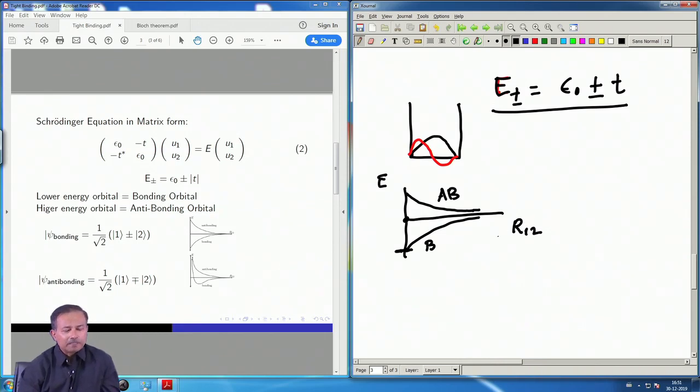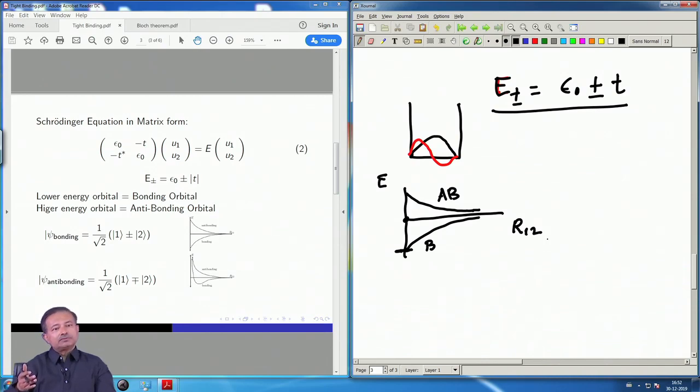Where does it go wrong? Well, it goes wrong in the sense that there are several approximations we have taken. One was, for example, the orthogonality. The orthonormality of the two wave functions: they do not remain orthogonal as R12 becomes small, because then there is a lot of overlap between the two wave functions, and you cannot neglect the non-orthogonality of the two wave functions. The 1s character of the wave function, the atomic character, will not remain as such. So, you have to consider non-orthogonal wave functions. That is one issue. Then there are these other V cross terms that we neglected.